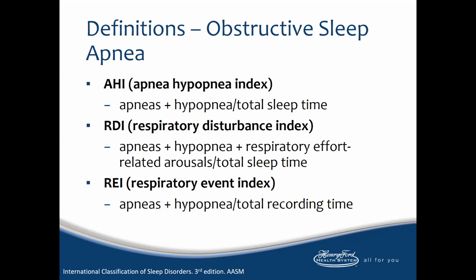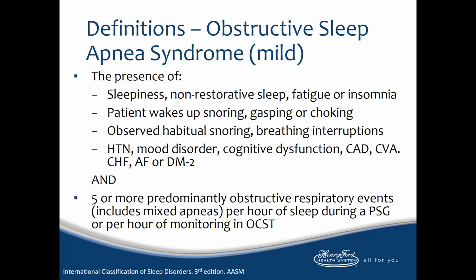The AHI includes apneas and hypopneas based on those scoring criteria we just went over, and it's divided by the total sleep time of that study. You can include the respiratory effort-related arousals to calculate your RDI, and that again is over the total sleep time. So going over the criteria for mild OSA, you'll see an AHI of greater than 5 on your sleep